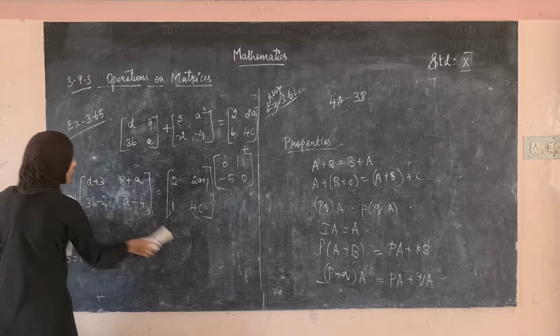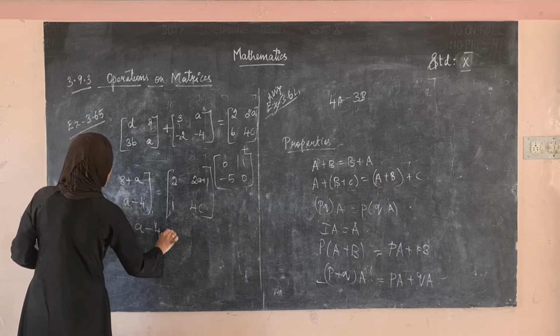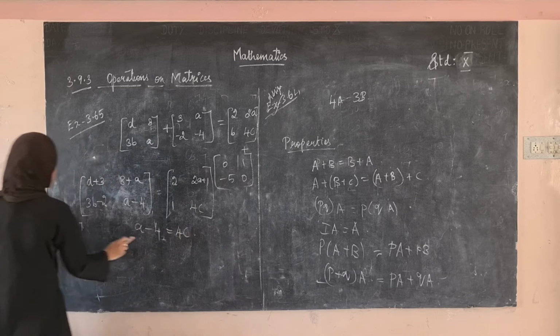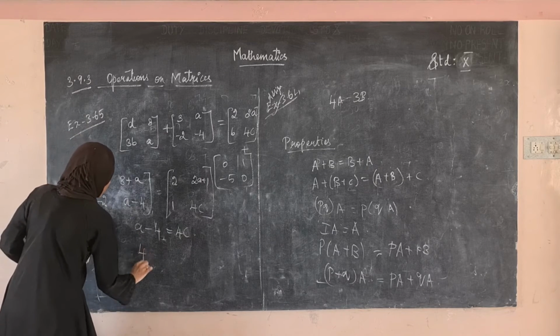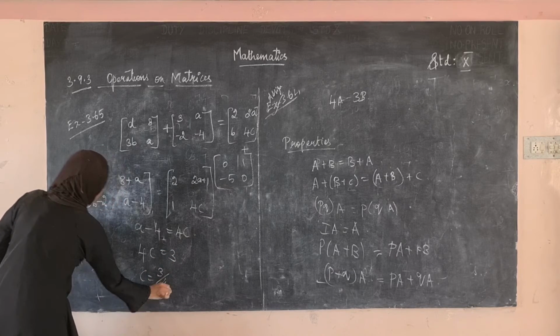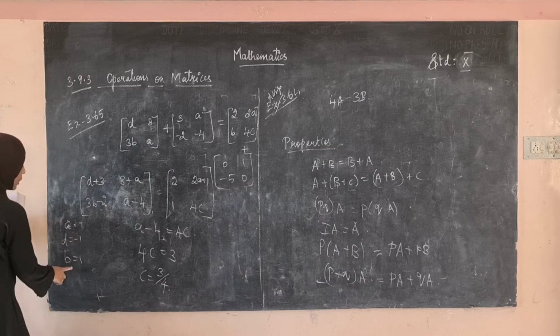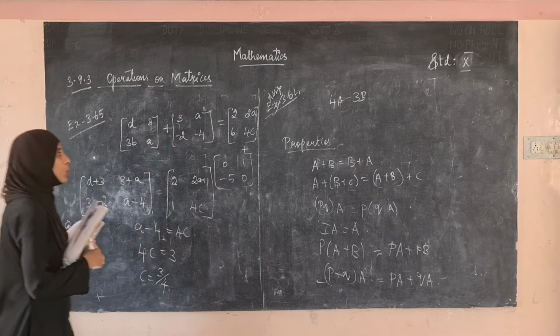And again we have to find the value of C alone. See, the last term is A minus 4 equal to 4 into C. What's the value of A we have found? A is equal to 7. Therefore, 7 minus 4 is 3. 4C is equal to 3. Therefore, C is equal to 3 divided by 4. A's value is 7, B's value is 1, C's value is 3 divided by 4 and D's value is minus 1. This is what we have to prove.